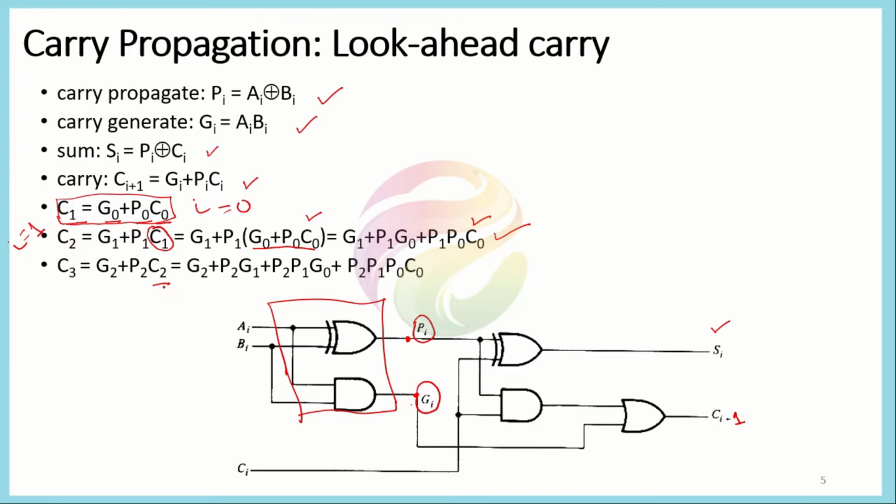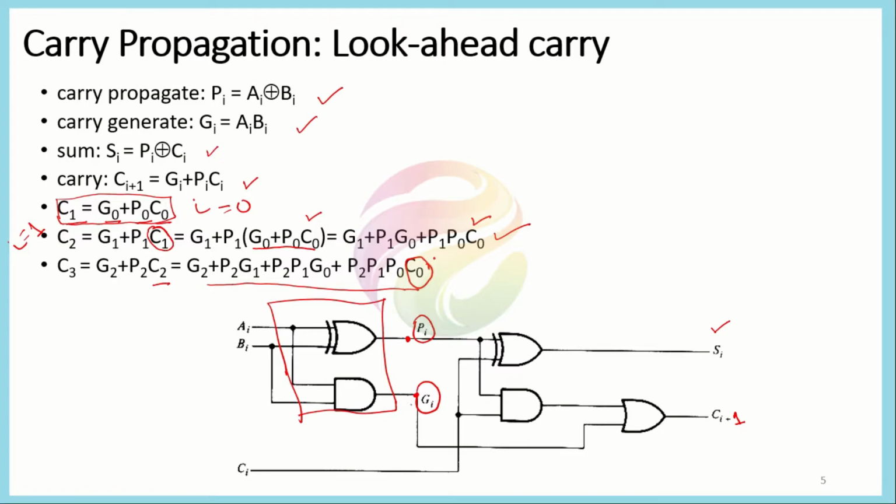Now if you look closely, this carry is also generated from the previous equation. If you put in the value of the previous equation, which was actually this equation, in place of C2, we would have the final result equal to this one. So this result is only dependent on the C0 value. Look at this, it's only dependent upon C0. We are at stage 3, the third full adder stage, and we are only dependent upon the C0